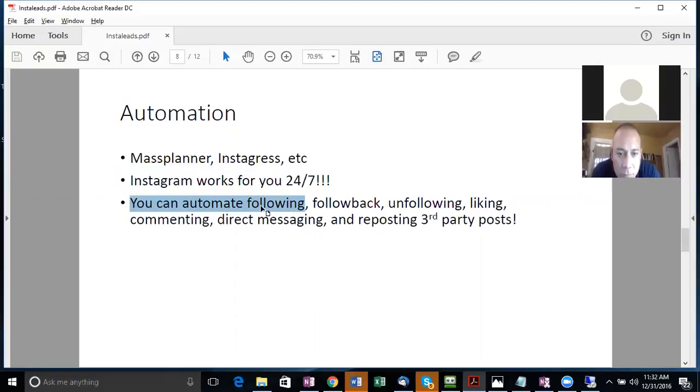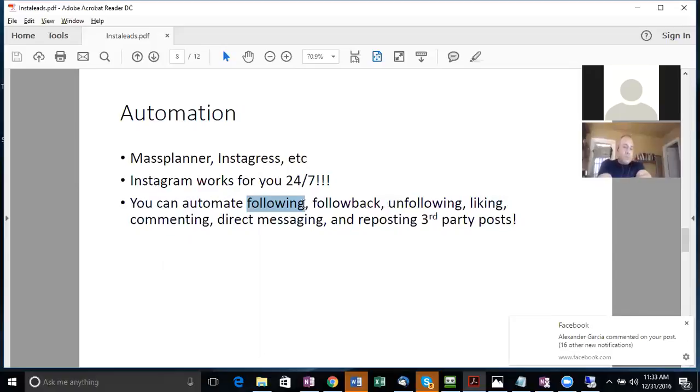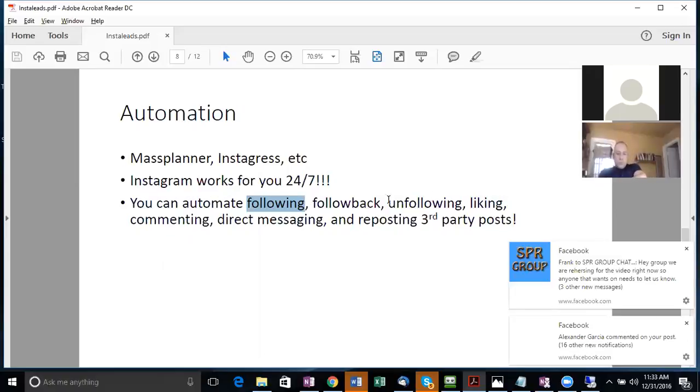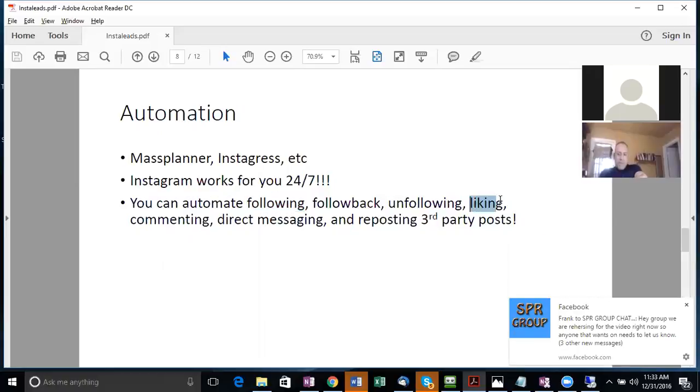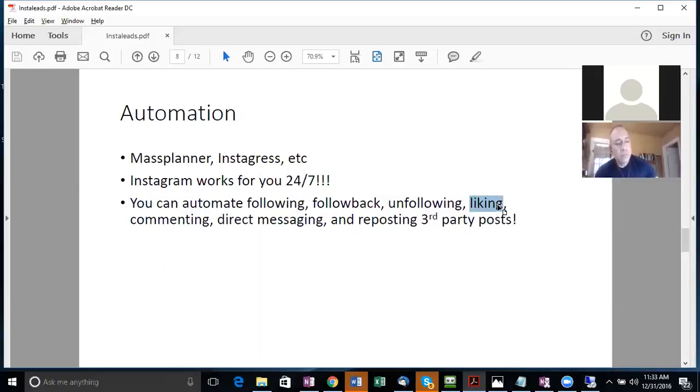And the power of that is when you connect to people, when you follow them, they get a notification. They get to see your profile. And if people feel attracted to what they see on your profile, then they're going to follow you back. And that's how the number of people following you will increase. The software can like people's stuff. Same thing: they get notified that you liked something of theirs, they get to see you. If they like the information they see on your Instagram profile, they obviously get curious about getting to know more about you. The software also unfollows people